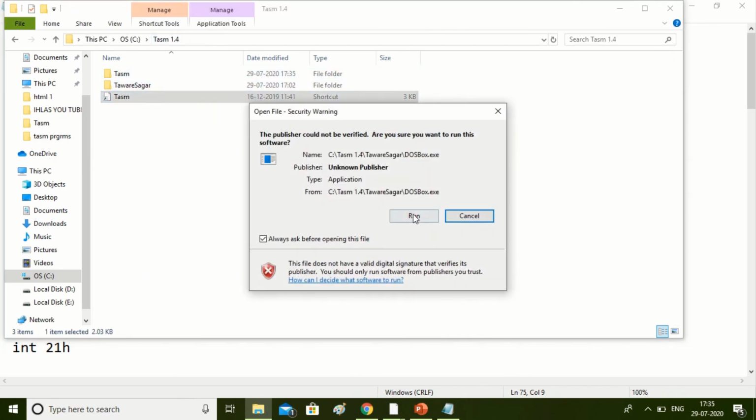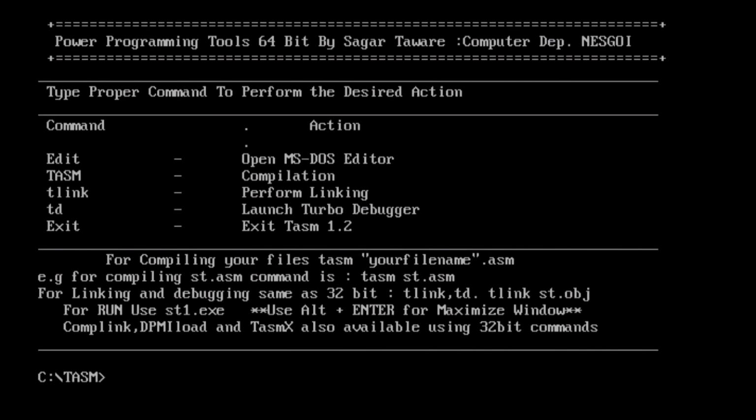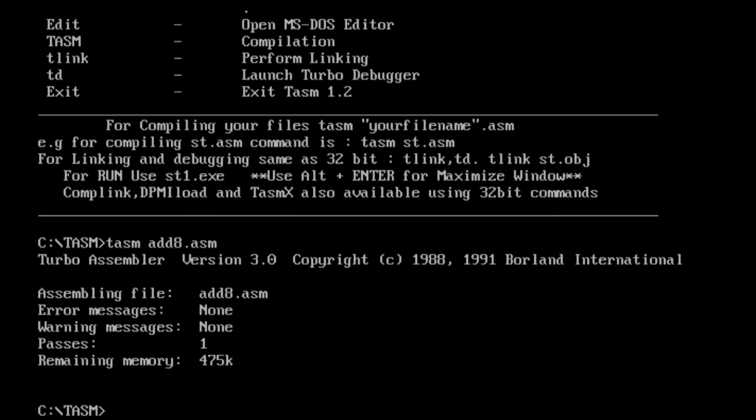Open the DOS box. TASM, our file name .asm. Okay, file name is add8.asm. No error message and no warning message.